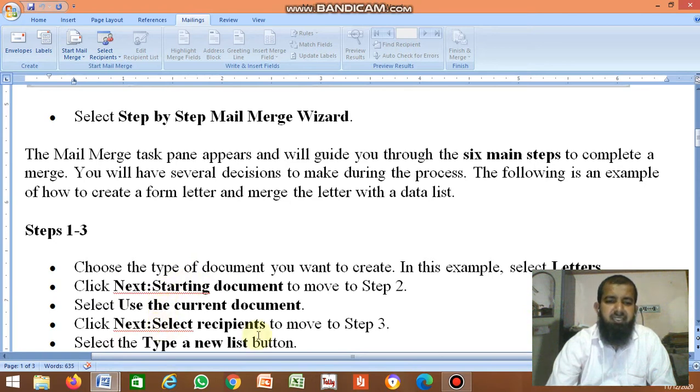After that, select recipients to move to step 3.